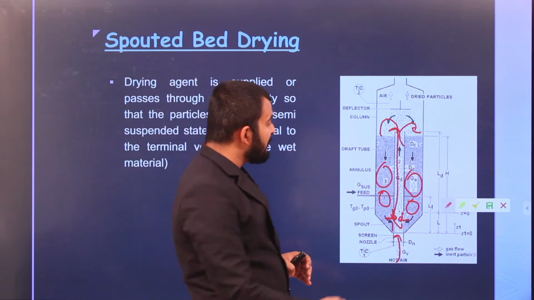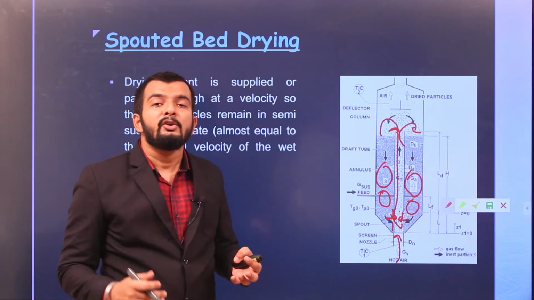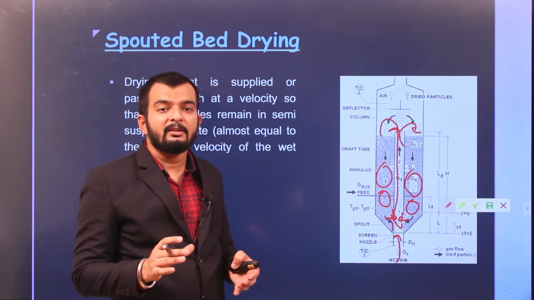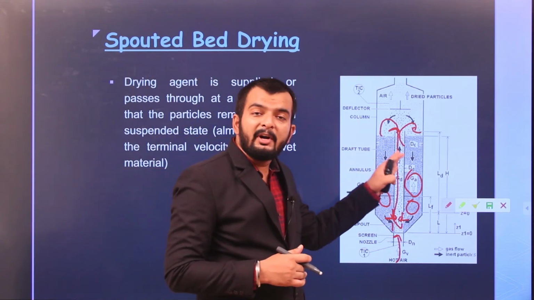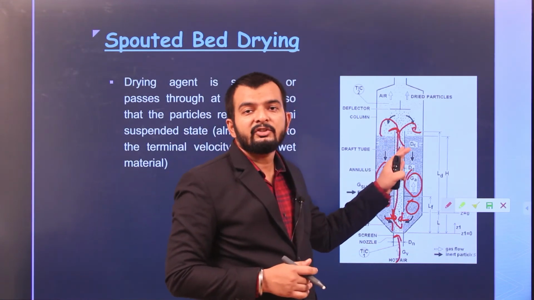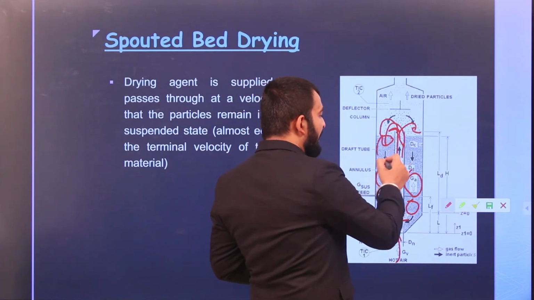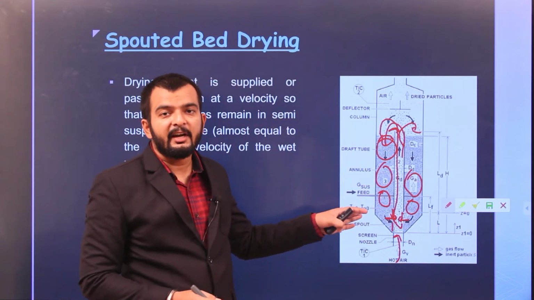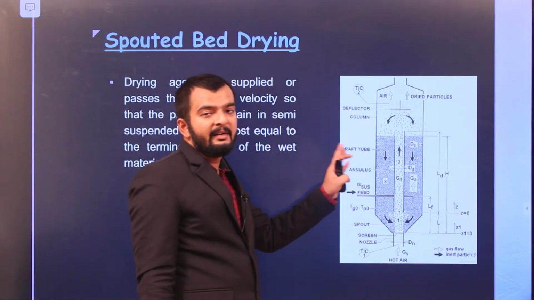So the side chambers, so this is a sort of continuous process. Okay, so after this process has been completed, you will get all the grains at a particular moisture content. The moisture content of all the grains in this case will be same. Why? Because since all the food grains are of same material, after they reach a certain moisture content, they will start floating and they will accumulate here. When they are here, no further drying is taking place. So the ultimate moisture content of all the grains will be same. So this is an example of spouted bed drying. Okay.